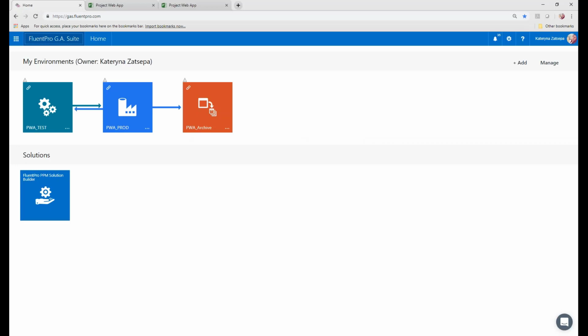Thank you, Jose. So I will demonstrate the use cases of change management scenarios which are available using FluentPro GA Suite. And right now we have my GA Suite site opened, and we're within GA Suite. So this is the home page, and right now we're looking at the diagram which is showing my environments and